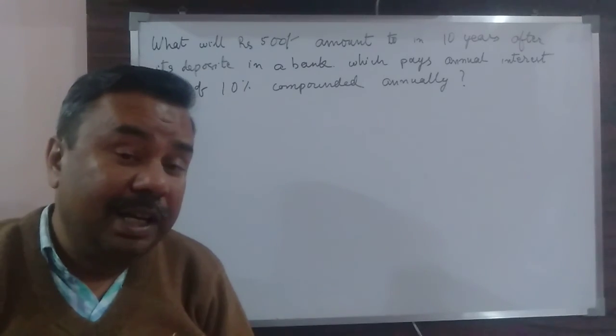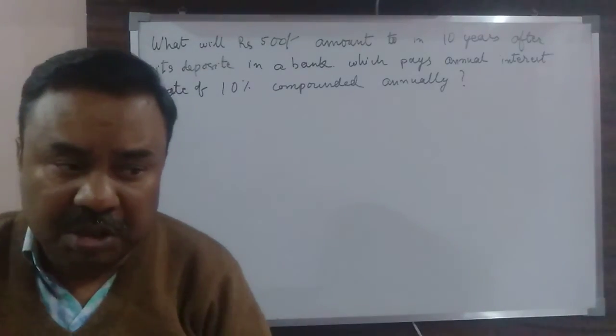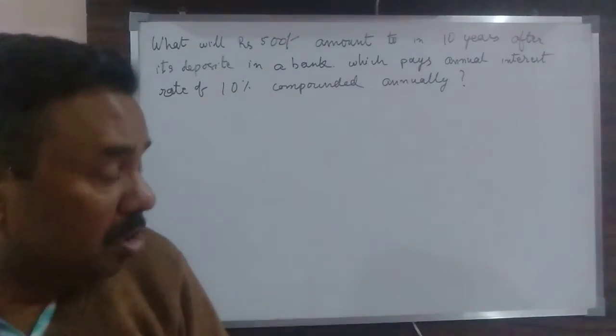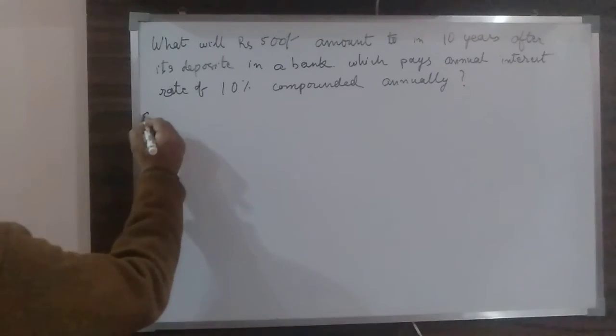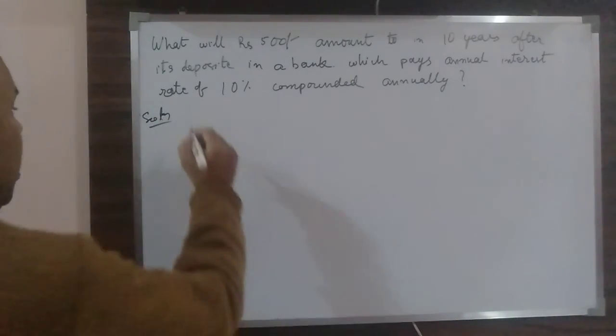So just directly taking the formula for simple interest will not be sufficient, because in this case you are getting interest on interest, okay. So how do we find out? See, this will become a geometric progression. How does it become so? See, for the first year,